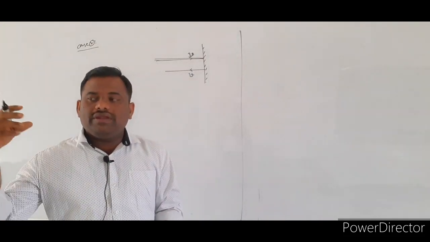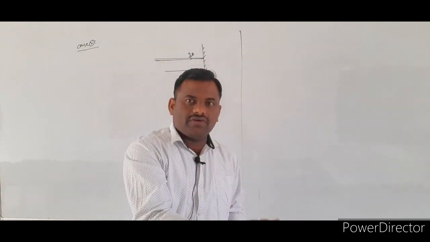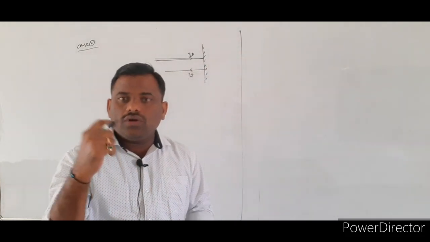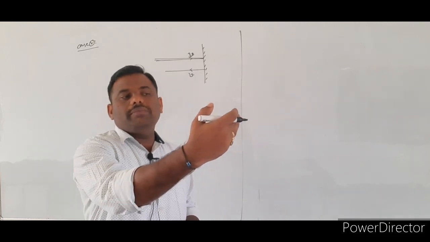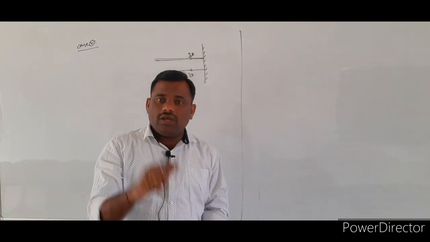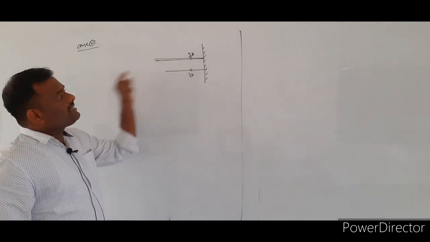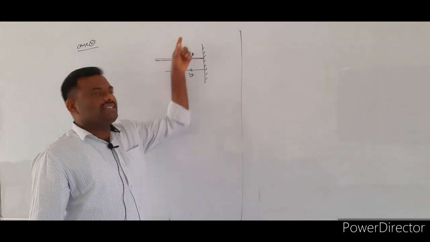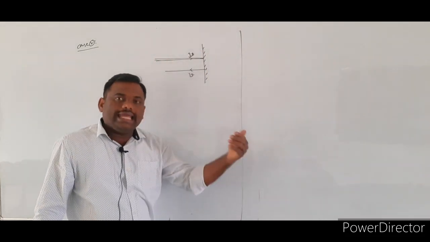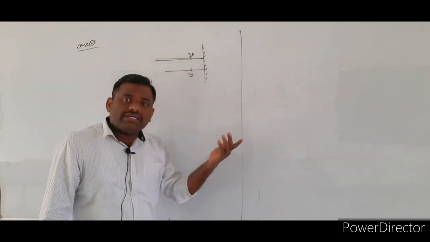What you wrote: whenever the ball strikes and hits the surface of the wall, P is equal to m into v. Whenever the ball bounces back with the same speed, you write that the change in momentum is equal to 2 into m into v. Similarly, whenever the water jet strikes the wall with a speed v, and again bounces back with the same speed in the backward direction,